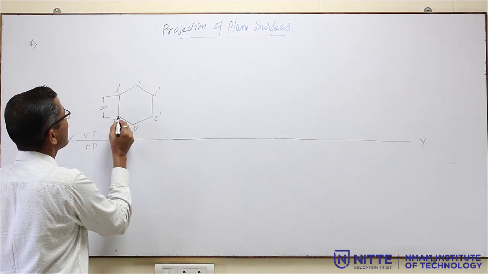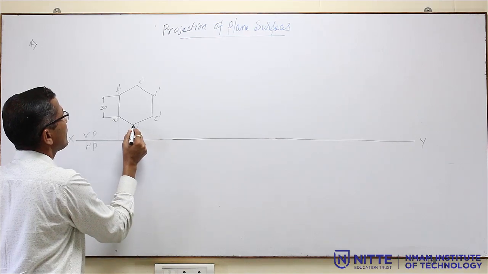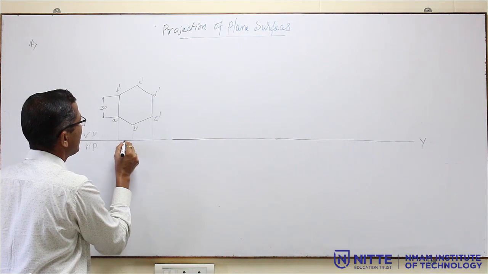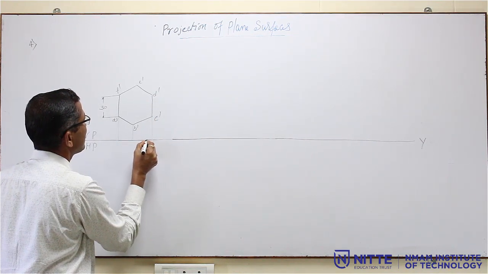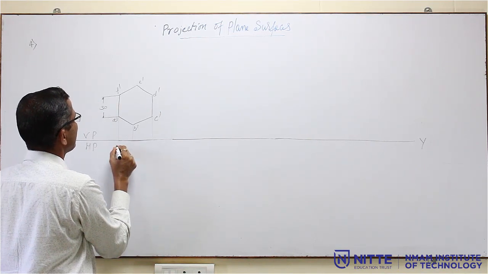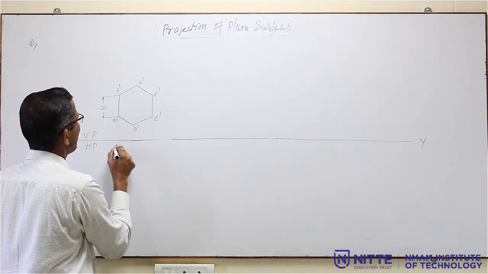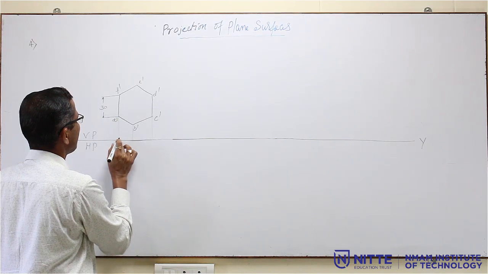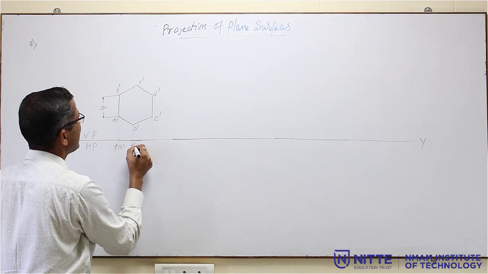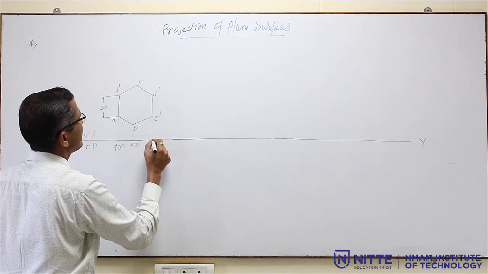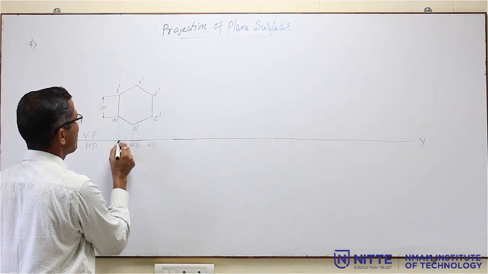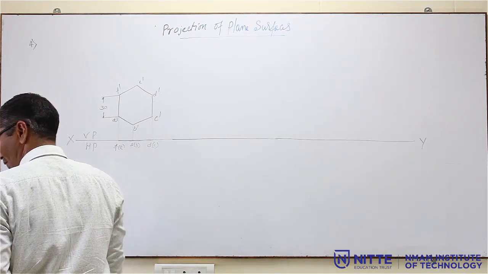Then draw the top view of this, project all the points. You can draw it here. So, call this F, inside the bracket, sorry, no dash, F and A. This is E inside the bracket B, and this is D and inside the bracket C. So, from here to here, this is the top view of this.